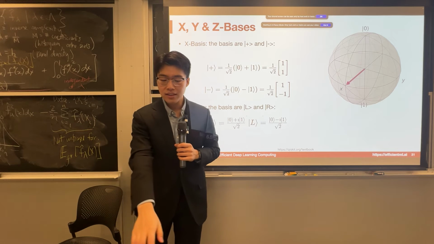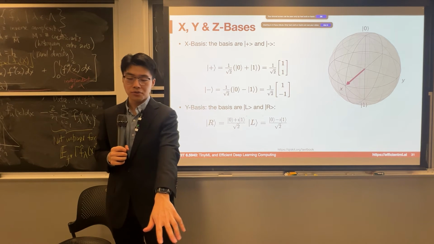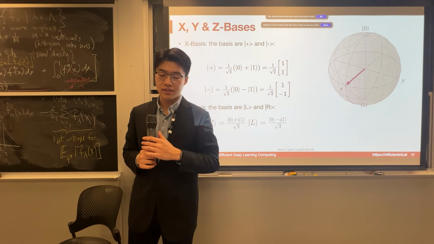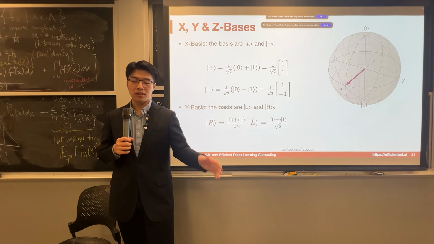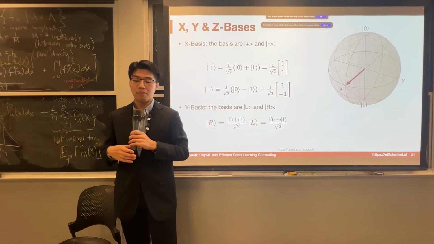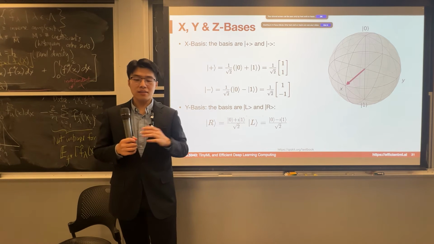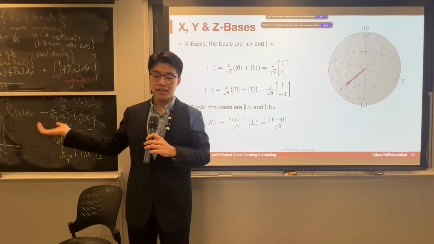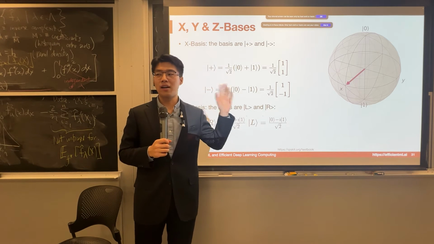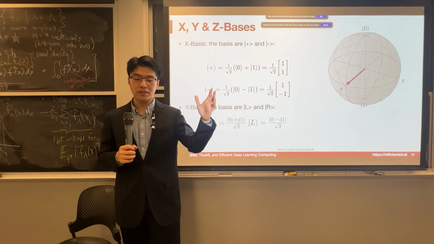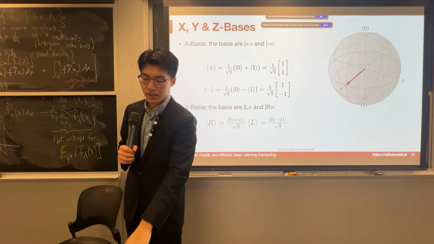Another thing is that the right and left are similar to the X basis and Z basis. We can know that the right will be 0 plus i times 1 over square root of 2, and left is 0 minus i times 1 over square root of 2. Understanding these spaces is very important for understanding the later parameterized gates, because sometimes we can do arbitrary operations on the basis. So we have to understand the essential basic components of those gates.